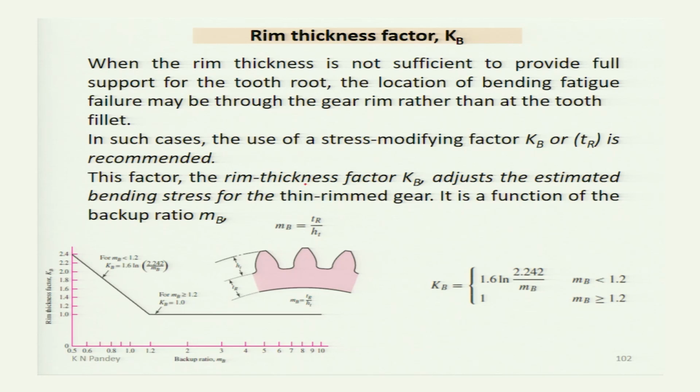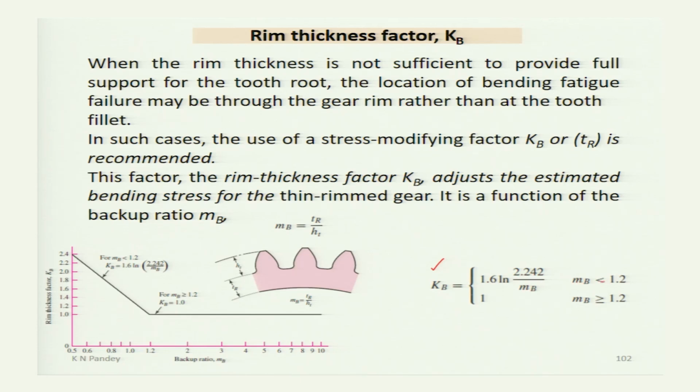This factor, the rim thickness factor Kb, adjusts the estimated bending stress for the thin rimmed gear. It is a function of the backup ratio Mb, which is given by Tr divided by Ht, where Tr is the rim thickness and Ht is the full depth of the gear tooth. Then Kb, the rim thickness factor, is given by 1.6 log of 2.242 divided by Mb